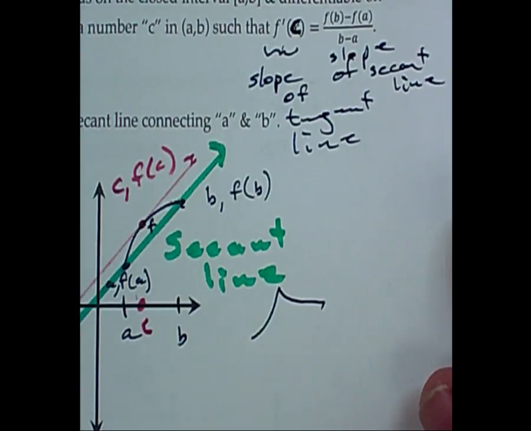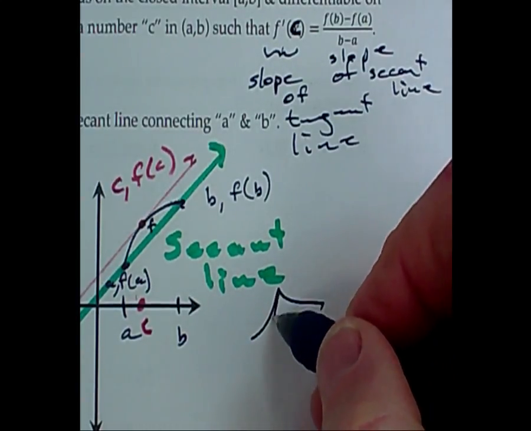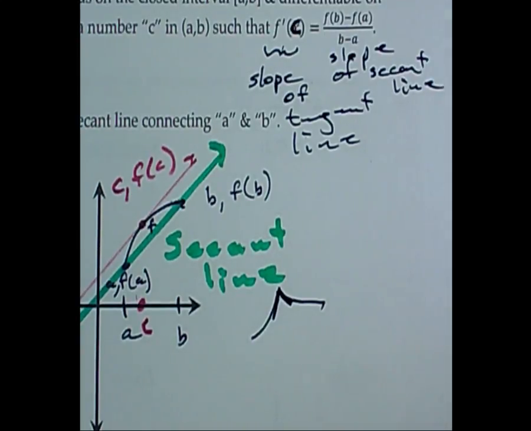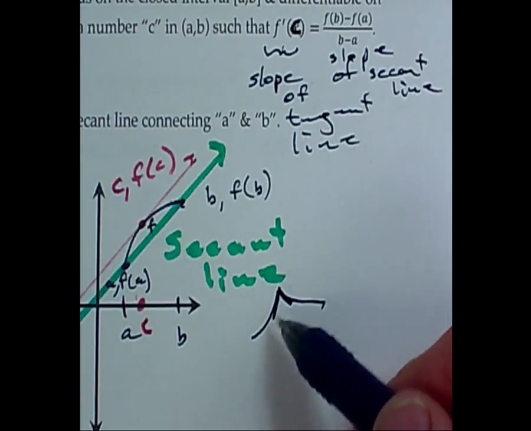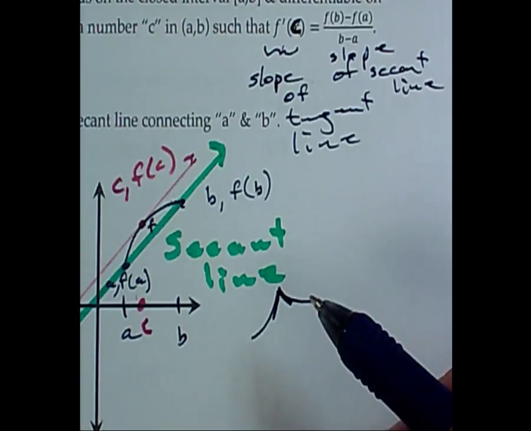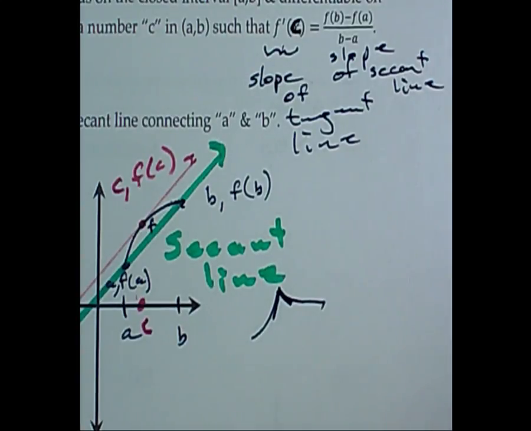It comes to a sharp point, right? If I looked at the tangent lines as they approach from the left and the right, they're headed towards a different number, aren't they? Isn't this a positive slope? Isn't this a negative slope? And isn't this becoming more negative and this becoming more positive? If one's going to positive infinity and the other one's going to negative infinity, will they ever meet? No, they'll never be the same number.